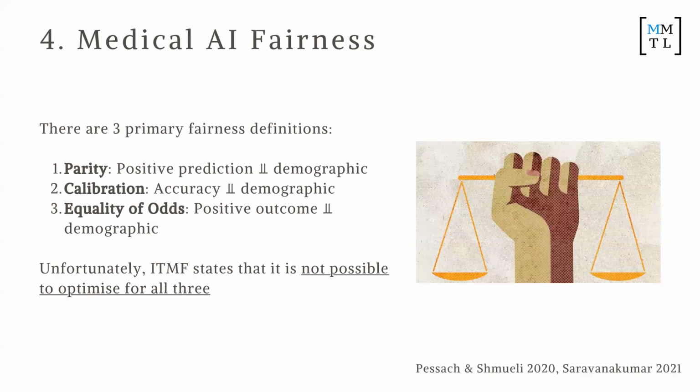And then the final is medical AI fairness. There's this really bizarre theory that someone came up with in 2020. There are 3 main definitions of fairness, okay? And you look at each one and you go, yes, I want the AI to be less biased on that, less biased on this, and less biased on the third one. But unfortunately, it is not possible mathematically to optimize for all 3. It just isn't. So you can't get a perfectly unbiased AI. There's no such thing that exists there. Those are really critical distinctions, and we don't know how to get around that.